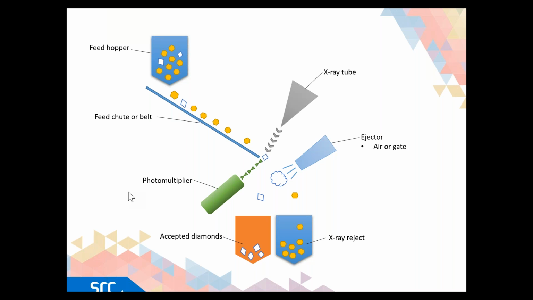So here's a simplified cartoon of an X-ray luminescence sorter. Here you've got your feed hopper with your gangue material and some diamonds. They'll get transferred onto a feed belt or a vibrating pan feeder or a chute of some sort to then be presented in front of the X-ray tube with a photomultiplier. Behind that, you're going to have an ejection mechanism, and that can either be air or a valve or a gate. And that will then concentrate those accepted stones into a hand-sortable state, and then all of the reject will get transferred forward to either a secondary process